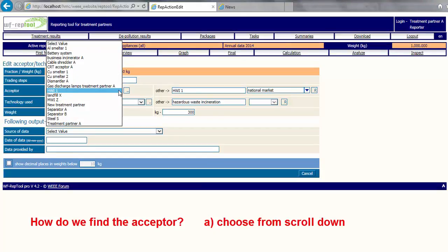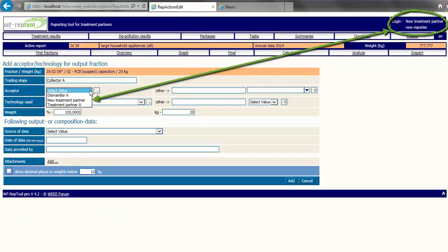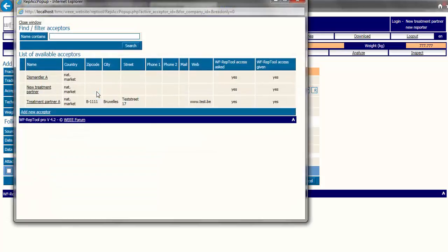But see here an example from the demo datasets from the RepTool. A special case: you are by yourself the next step treatment operator, the acceptor. In this case, just choose your name from the list of acceptors. If you don't find the acceptor in the scroll down, you may use the 3-dot button beside the scroll down